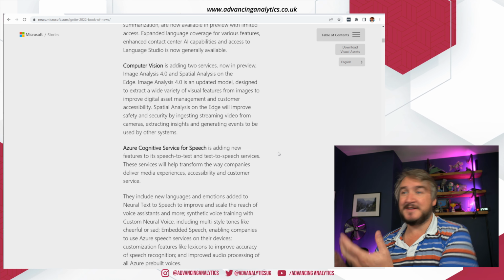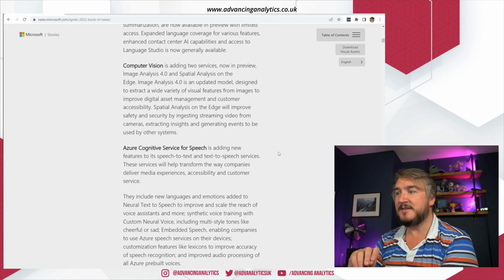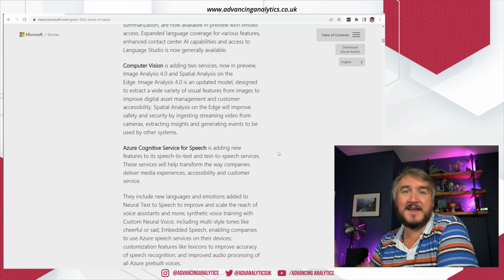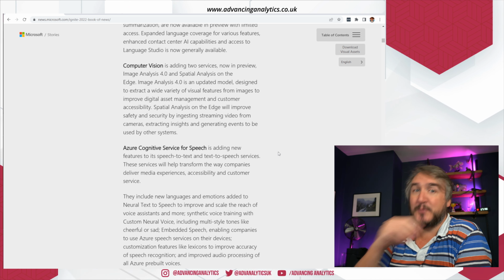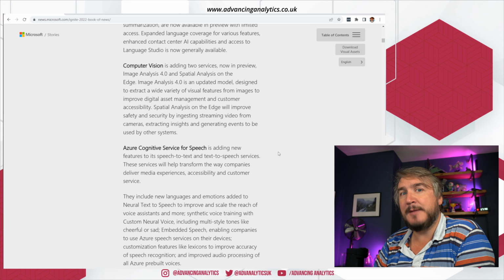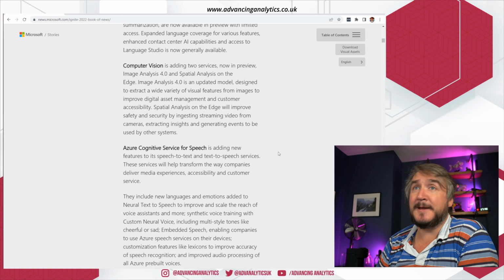This image contains a pavement with a bird and a motorbike and a lamppost, and just so you can then do searches across all of your big, massive bank of images. Where did it contain these things? What are the mood? What are the faces, people? All of that kind of stuff is encapsulated in that image analysis API, and it's going up to version 4 with a load of new stuff in there.